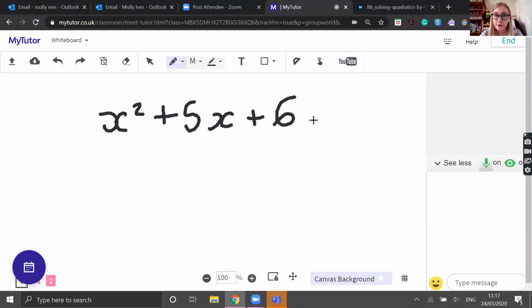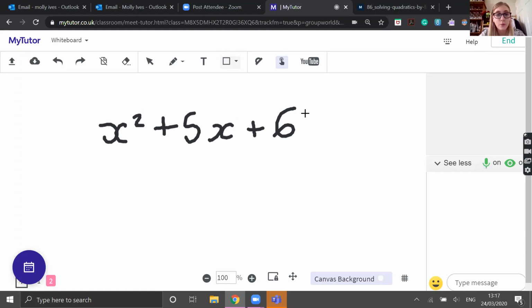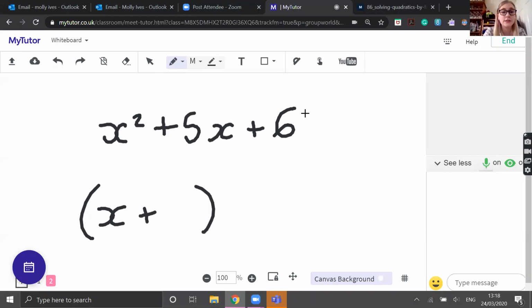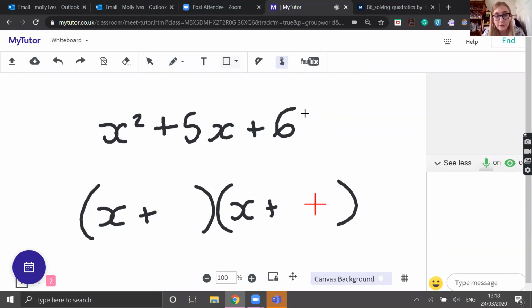So obviously we've got several different types. This can be a plus or a minus. This can be a plus or a minus. So when they're both positive, we know that we can set up the brackets with 2 positives. And the reason is because the numbers here we're looking for to multiply to make 6 and to add to make 5. And because they're multiplying to make a positive and adding to make a positive, they themselves have to be positive. The reason we set it up with x plus and x plus is so that we get this x squared term. We know that that's going to come from our x's, so that's how we're going to be setting it